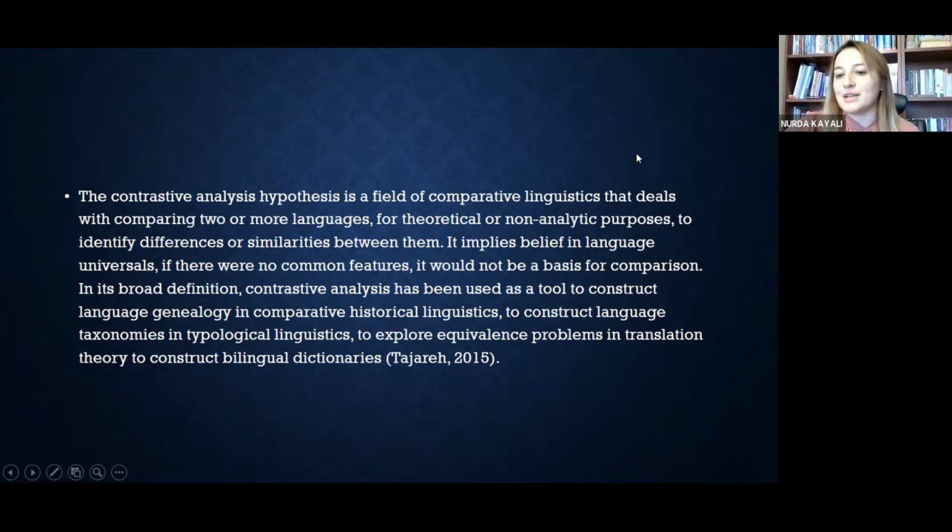For theoretical or non-analytic purposes, to identify differences or similarities between them. It implies believing in language universals. If there were no common features, there would be no basis for comparison. In its broad definition, contrastive analysis has been used as a tool to construct language genealogy in comparative historical linguistics, and to construct language taxonomies in typological linguistics, to explore equivalence problems in translation theory, to construct bilingual dictionaries, as